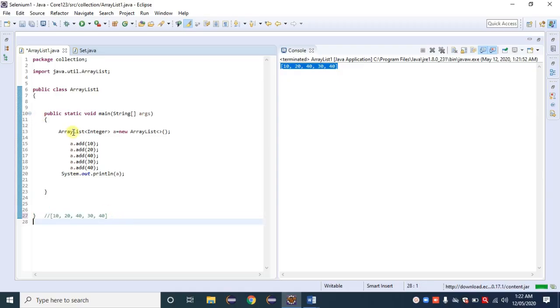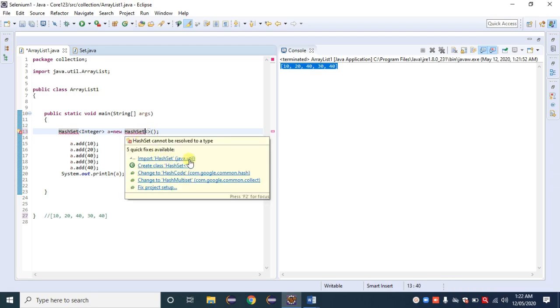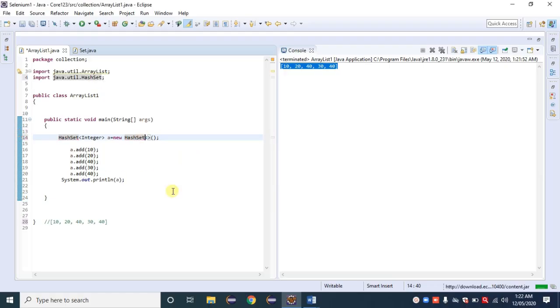Here I am going with a set, HashSet. Import that one from java.util. The same things: calling the method and how to insert a value remain the same.